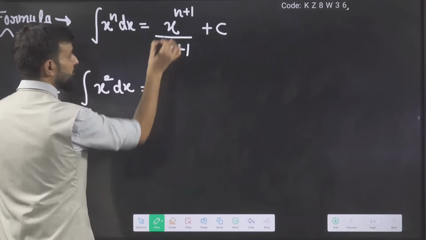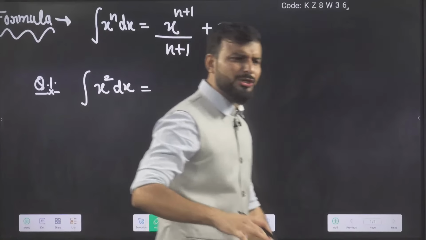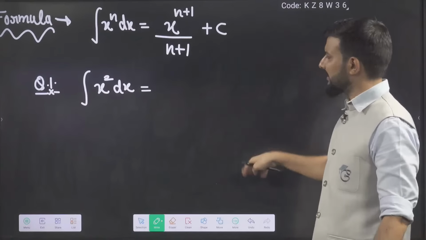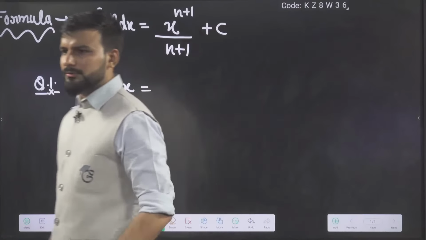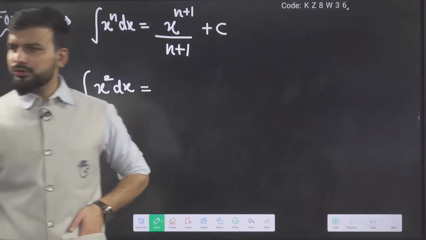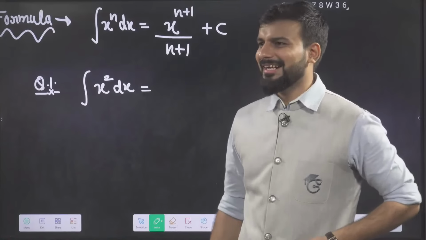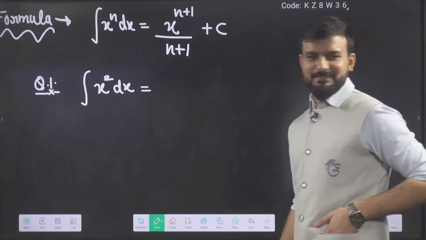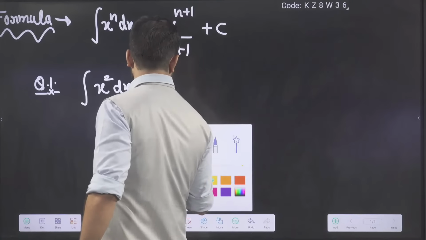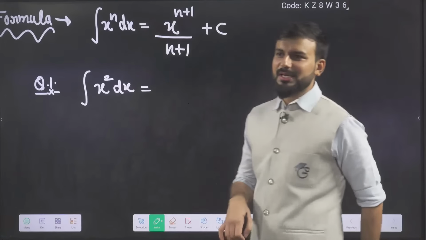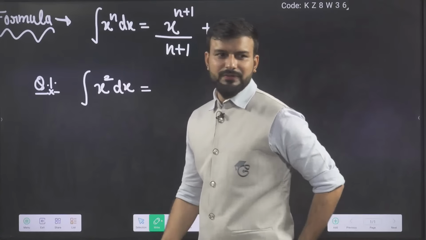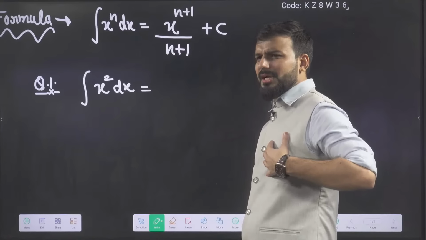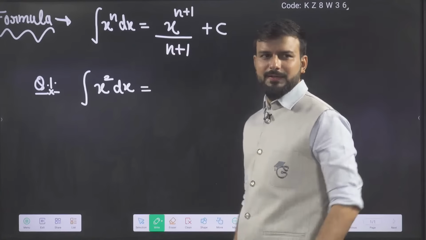Use this formula. Tell me everyone's answer. The chat box should be filled with answers, don't tell C, only the rest of the answer. Everywhere a C will come, right? Fill the chat box so that I can't see random messages. Fill it with the good answer. I will also get a lot of satisfaction that whatever I am teaching, you guys are understanding. When the chat box gets filled with the correct answer, your heart starts pounding like this. Tuck, tuck, tuck, tuck.